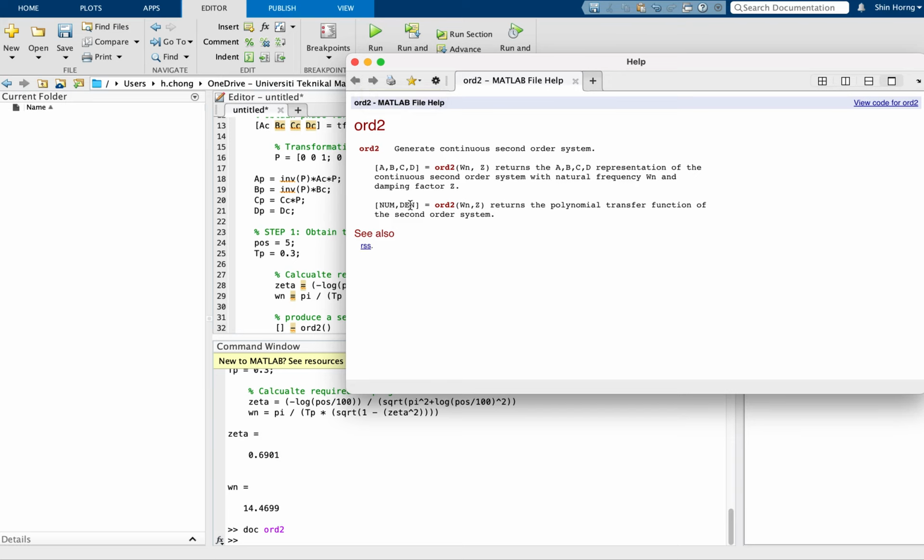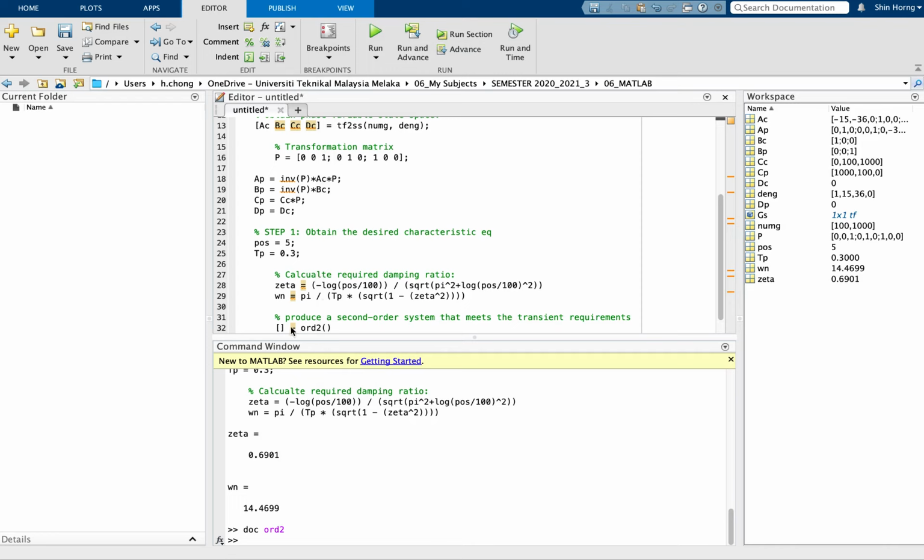But remember, you use omega n and zeta, and the sequence must follow what they decided, which is omega n first. So if I use this, because now what I need is